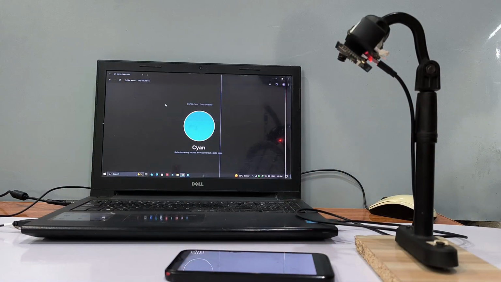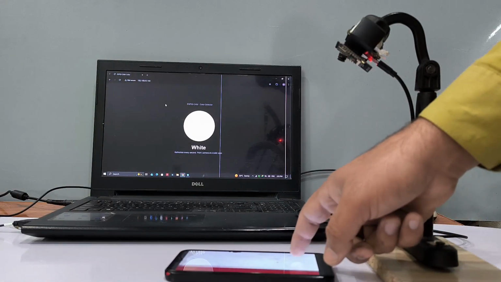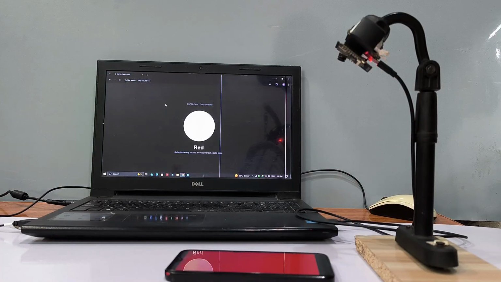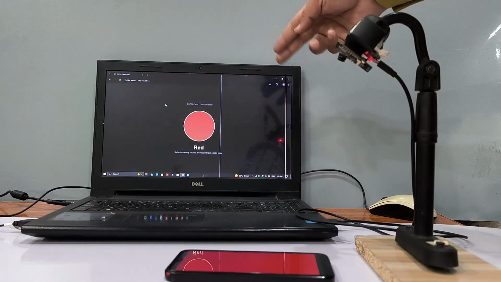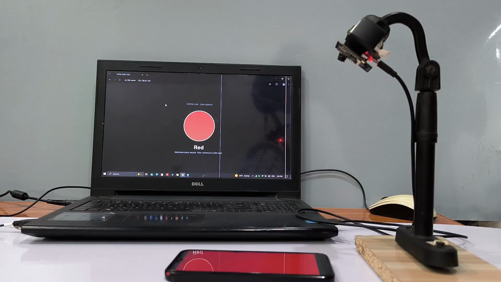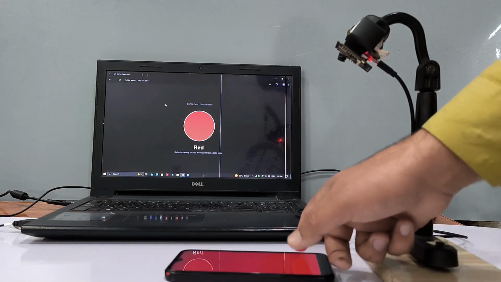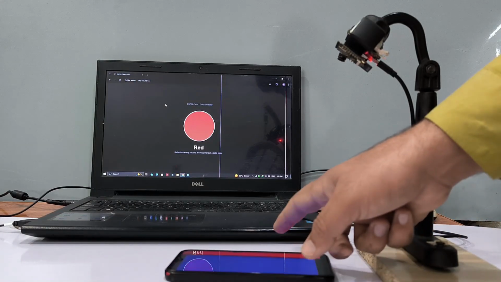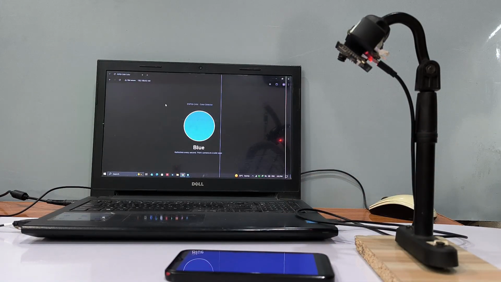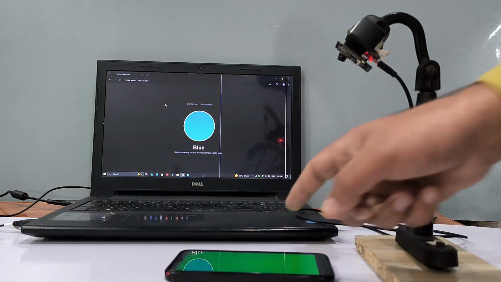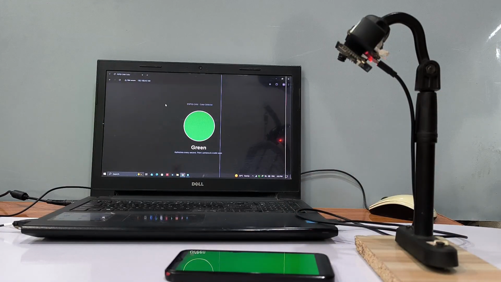One important thing to notice here is that as I slide different colors in front of the camera using my mobile screen, the system continuously captures frames and updates the detected color without any delay. This shows that our system is working in real time with smooth color transitions. That's it for today's build. We took a $5 camera module, wrote about 150 lines of clean Arduino code and turned it into a real-time color detector with a live web interface.